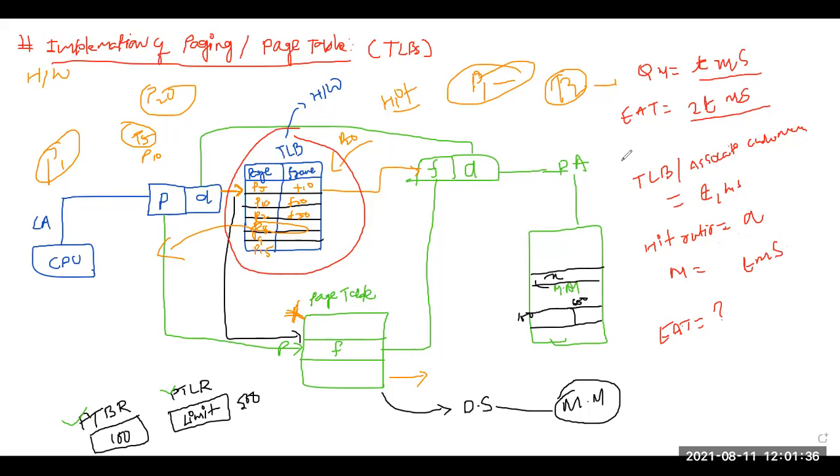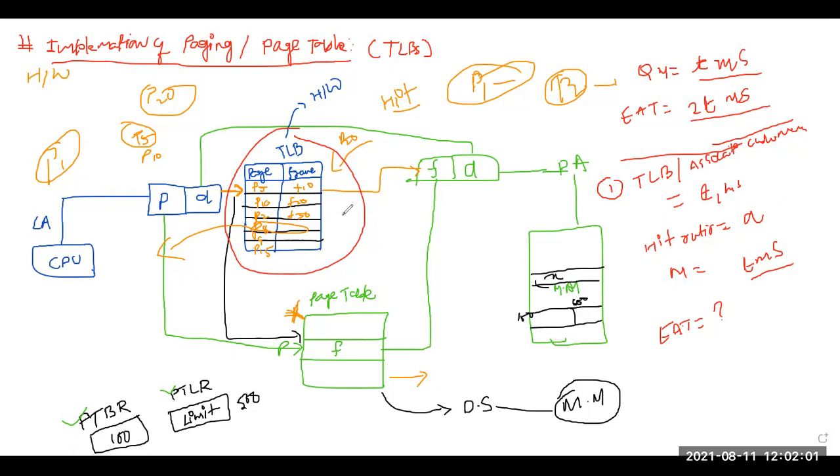Fine. So write down this one because we are deriving the equation. We are deriving the equation for the effective access time using TLB. So what is given? The access time for the TLB is given. And the associative time for TLB, how much time it takes to access the TLB. Similarly, how much time it takes to access the memory is given. Your hit ratio is also given.